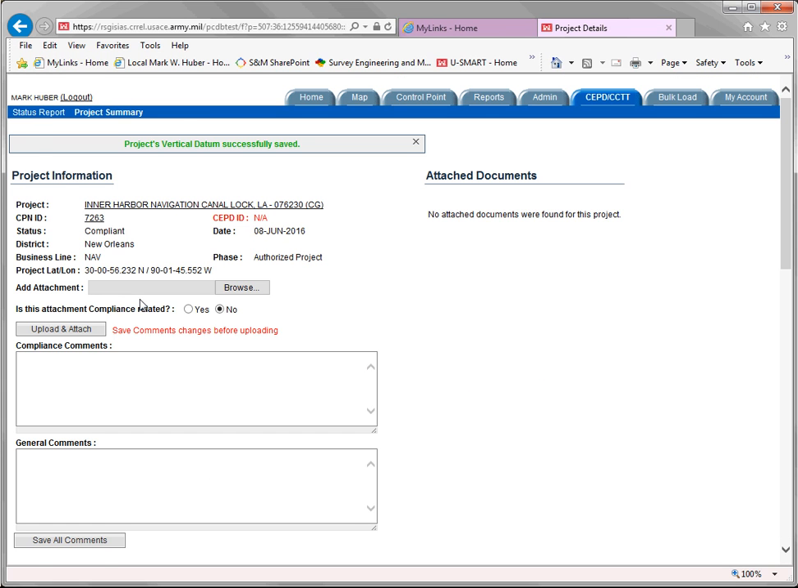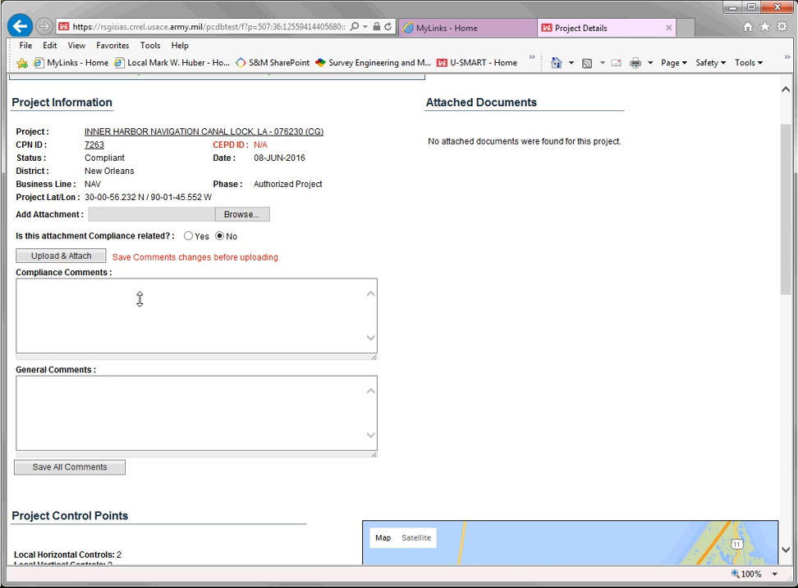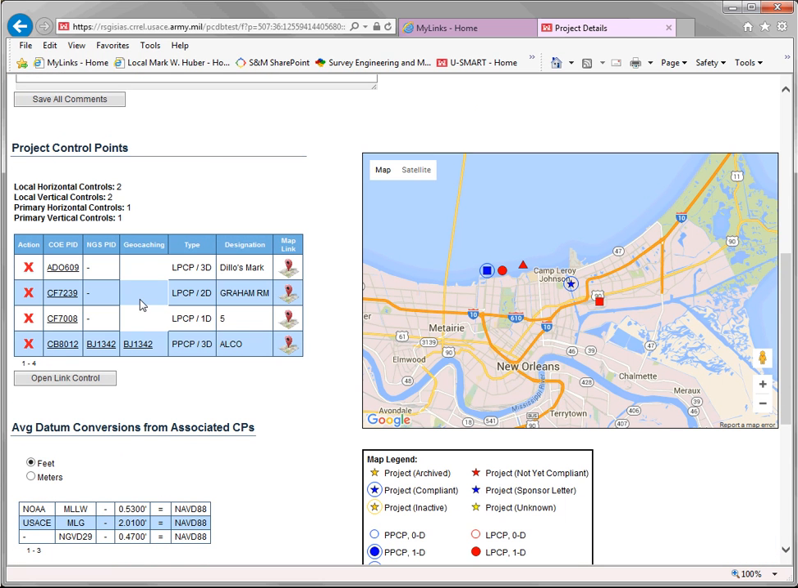The page will refresh, and if everything is entered properly, you'll now see that the status of the project is compliant. The yellow star has now turned into a circled blue star, meaning that the project is compliant. In this example, we used a single point to connect to several datums. Your project may use connections at several points. Just keep in